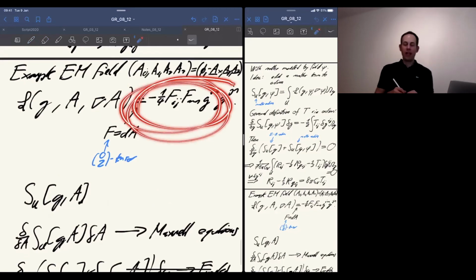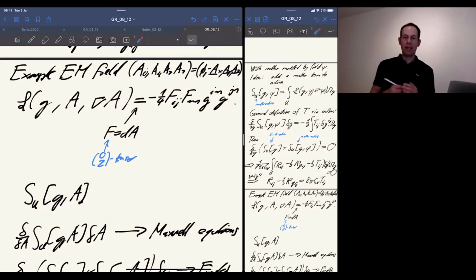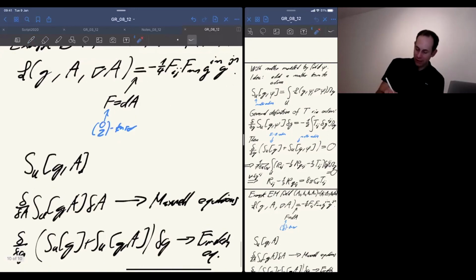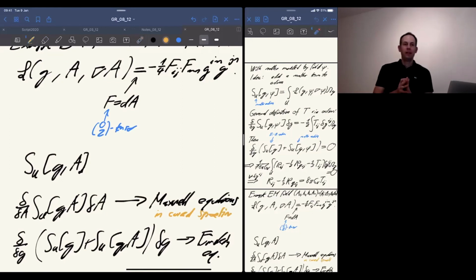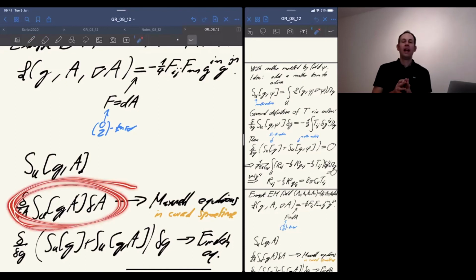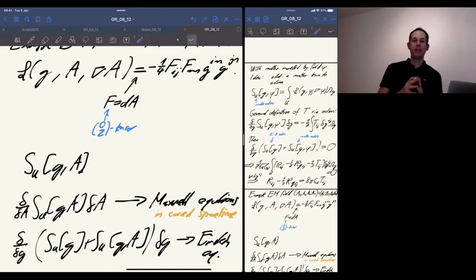Now, this interaction has two implications. One implication tells us how the electromagnetic field evolves in general in a curved space-time. I mean, maybe I should write here, these are the Maxwell equations in curved space-time that we get. So this variation tells us how the geometry influences the electromagnetic waves. How do the electromagnetic waves propagate in a given geometry?